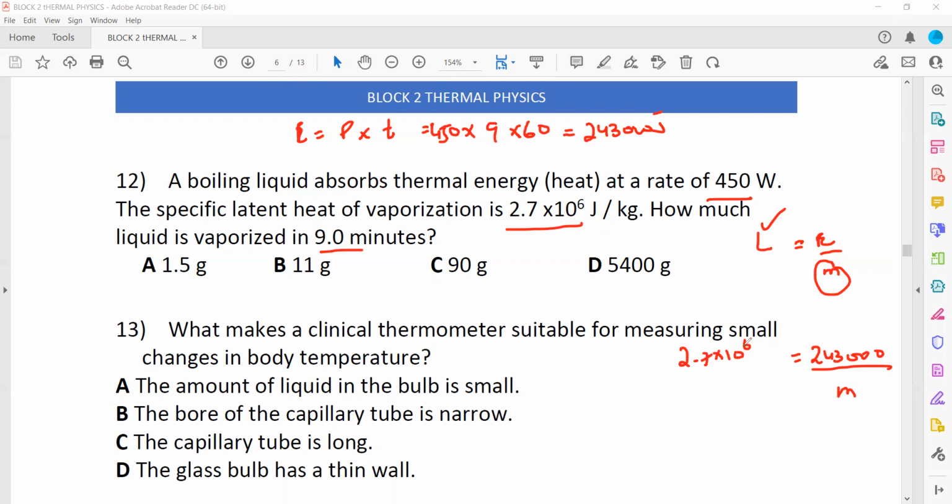So 243,000 divided by 2.7 exponent 6 equals 0.09